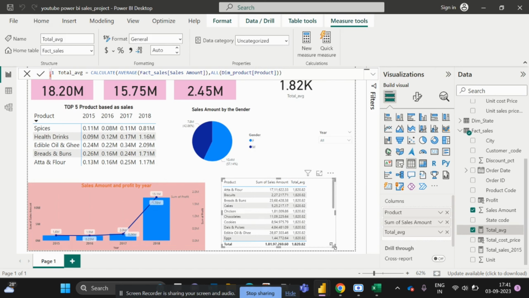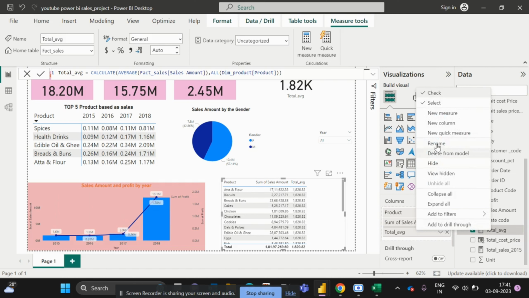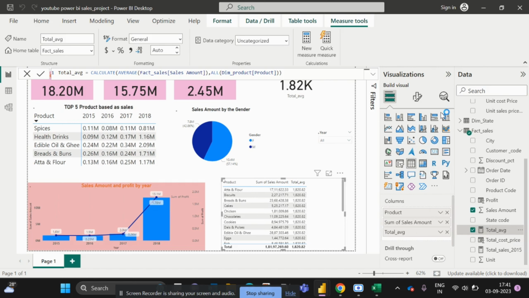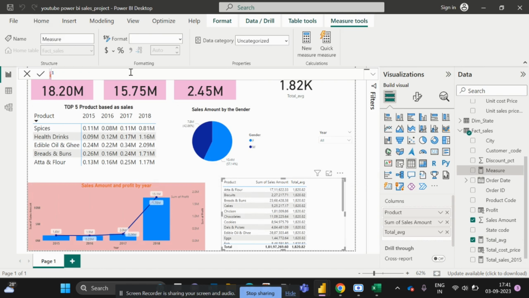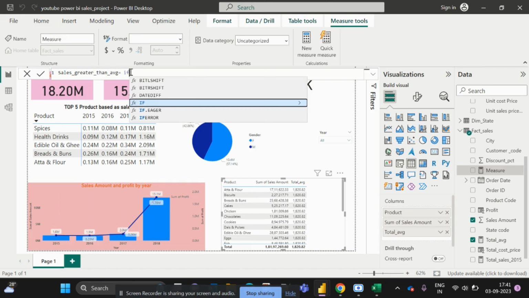Still we have not reached our goal. Our goal is that we want to filter out which sales value of the product is greater than this 1.82, right? So how can we do this? We create one more measure, and in this measure we are going to compare the value. So the measure name is sales greater than average, equal to, we are passing in the if condition, if